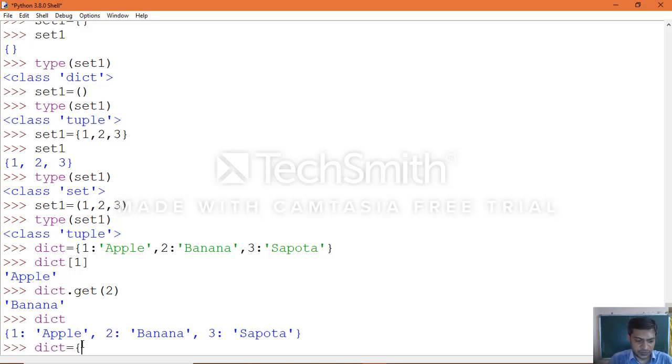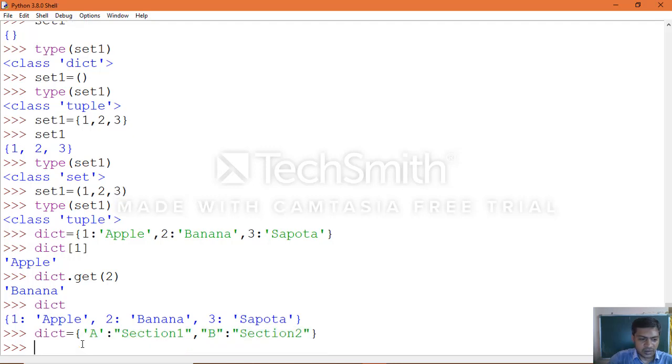For example, specify a, then the data section 1 comma b colon section 2, like that you can specify.